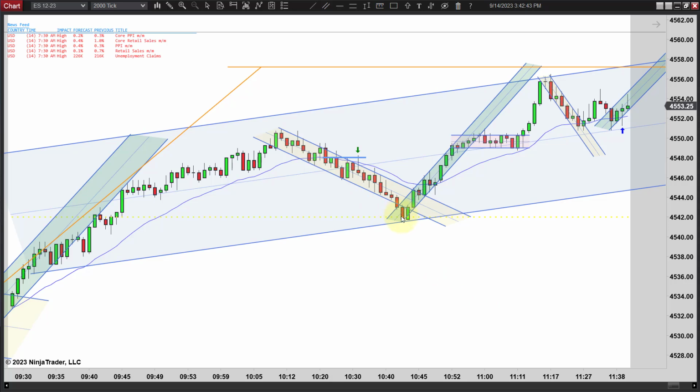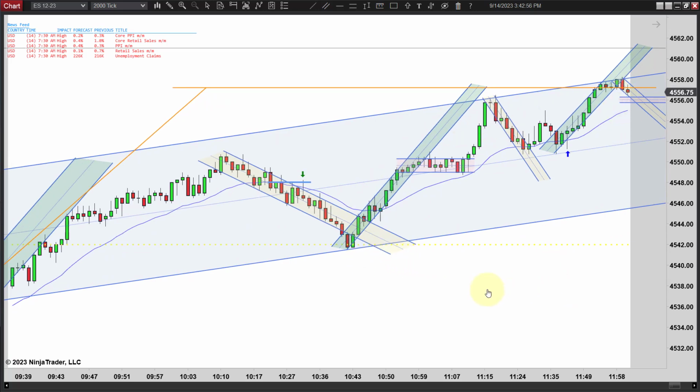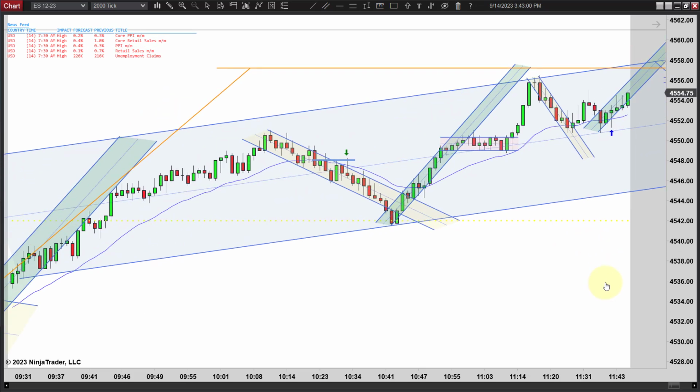And then, of course, it runs down here, and I drew the trend line off those first 2 swings. This was looking like it was sideways. And you can clearly see, turns out to fit well in the end. Midline's working, the upper side's working perfect. We get a little overshoot here and we just reverse. We jump up